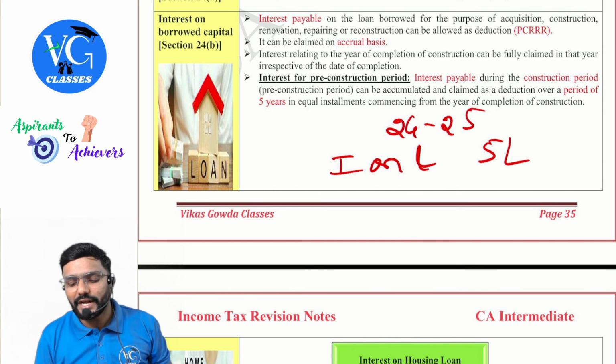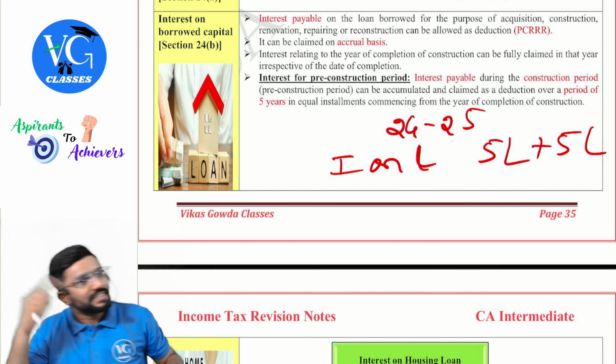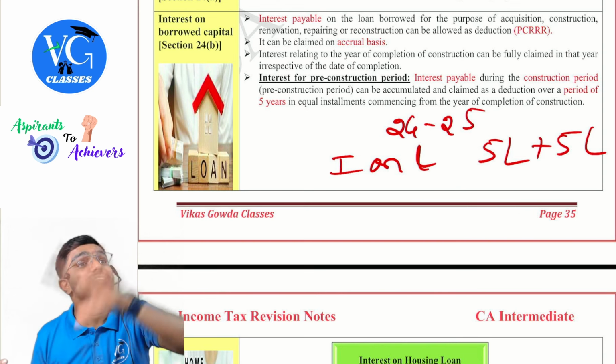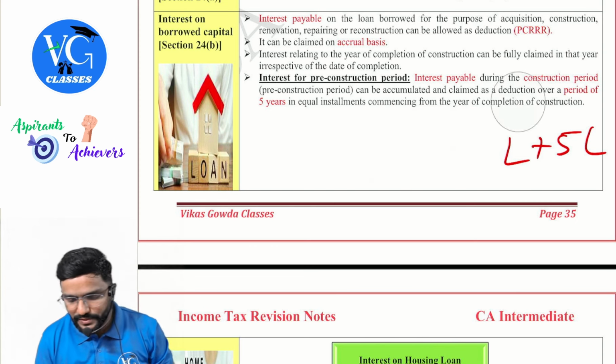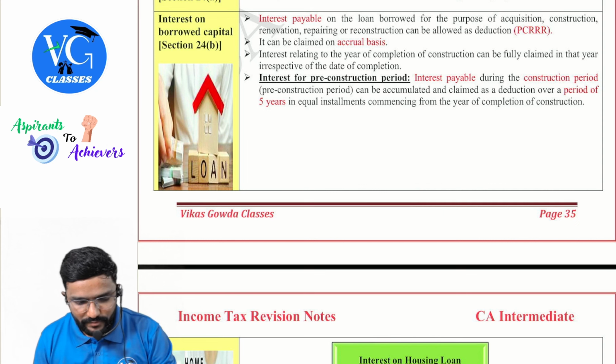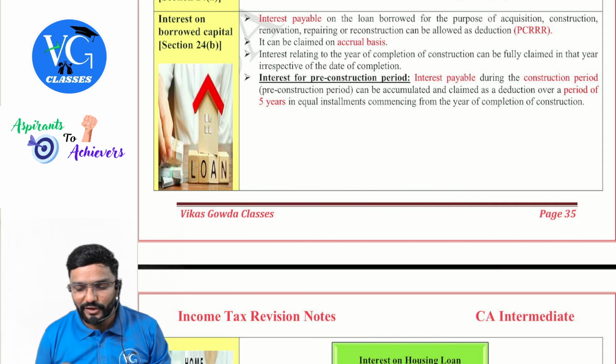Yes. Sir, next year I paid 5 plus 5 lakhs, current year's 5, next year's 5. How much can I claim next year? 5 lakh on accrual basis. On accrual basis, guys. Okay, so next, interest relating to the year of completion of construction can be fully claimed